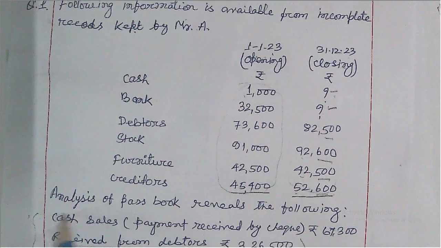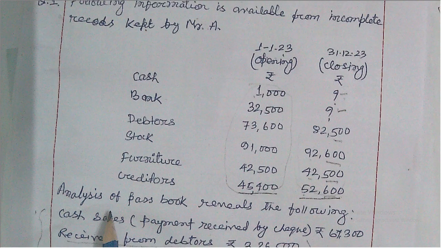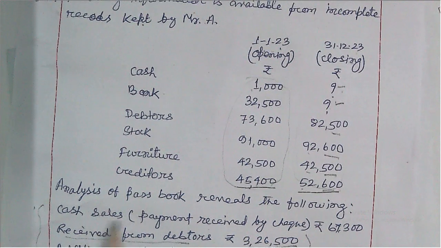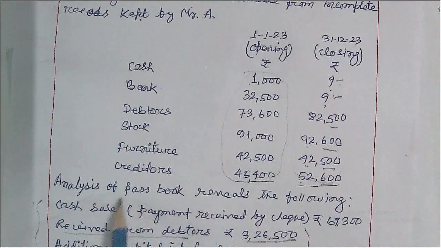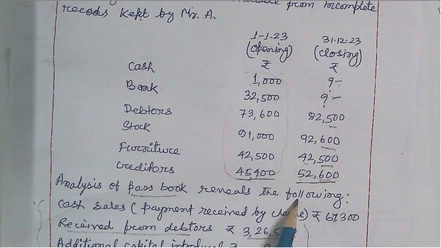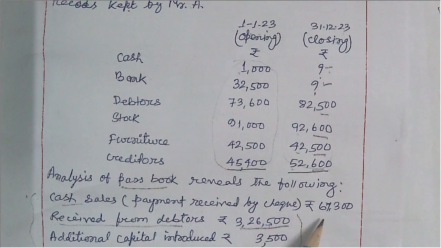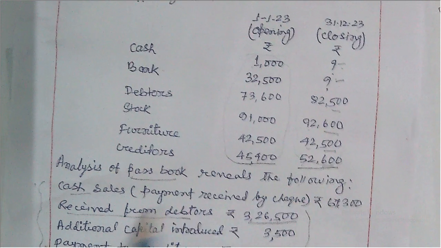So here, analysis of passbook means that these transactions are performed through the bank account, and all these transactions we have to record in the bank account, not in the cash account. Analysis of passbook reveals the following: cash sales, so goods sold for cash, amount received by check 67,300. Similarly, amount received by check from debtors